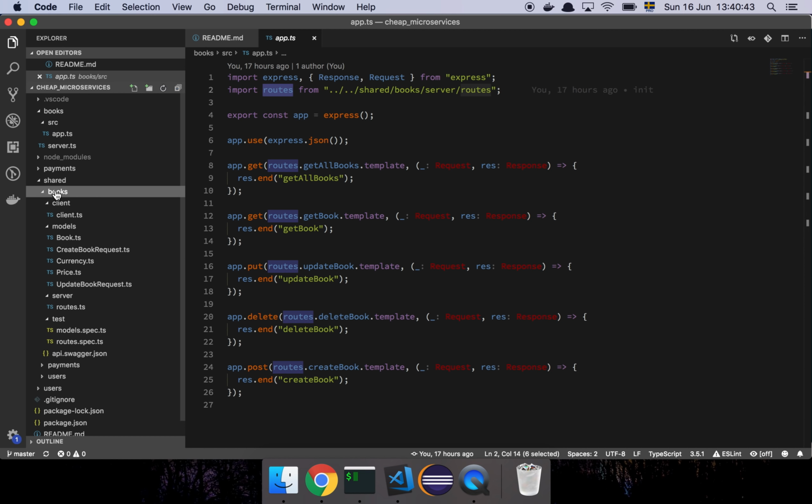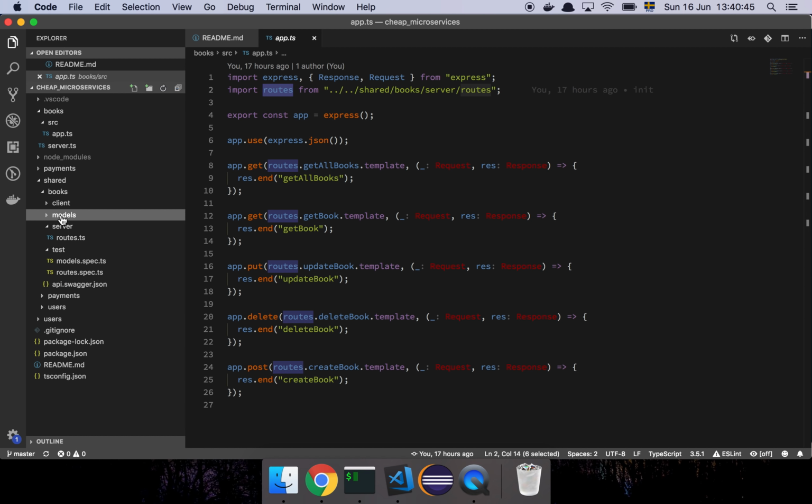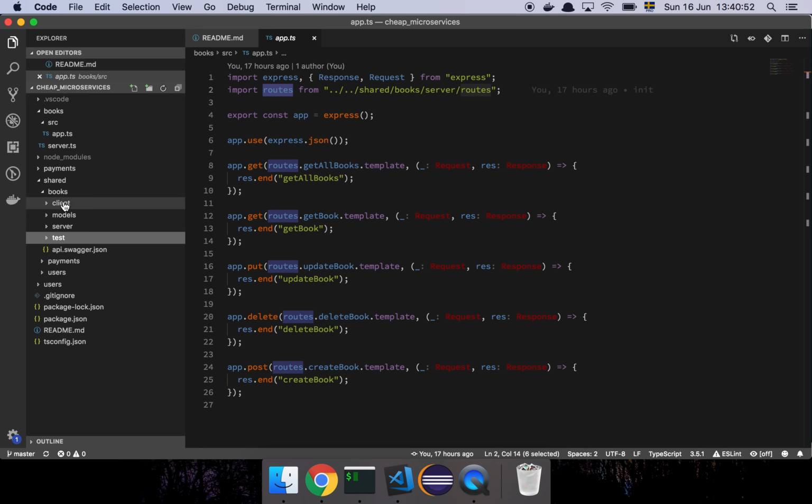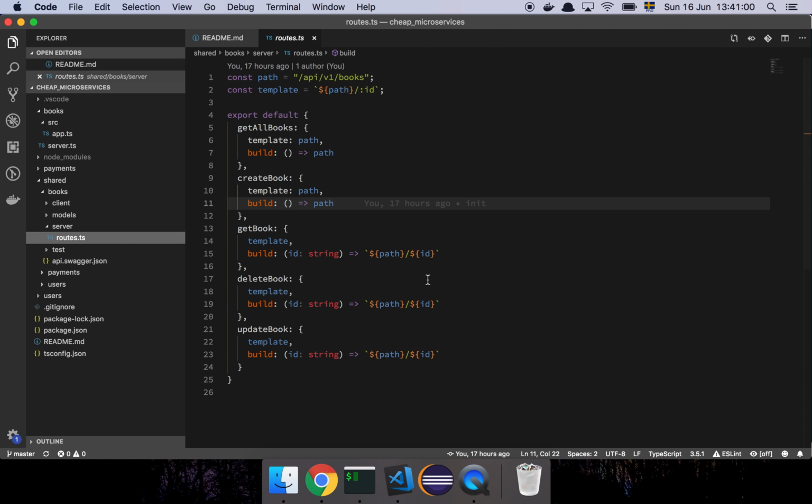So here, if we look at my books directory, I have a bunch of files. Let's see, we'll just pull this down here. We'll see that I basically have all of this information that is relevant for my server, but my client can also use this. So I've created this little object export here that just contains all of the route information,